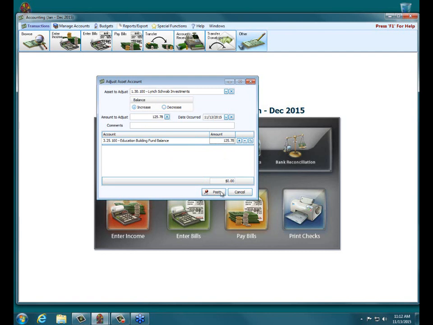Now again, folks, I don't want you to hear from this that we're advising you that you have to show these under income or expense or you have to post them directly to the fund. Okay? What we're simply showing you here today is that you can do either one of them if you wish, depending on how you want to see them on reports. Okay? So, if we don't want to see them on our treasurer's report, nothing says you have to. But you do have to credit. I can't